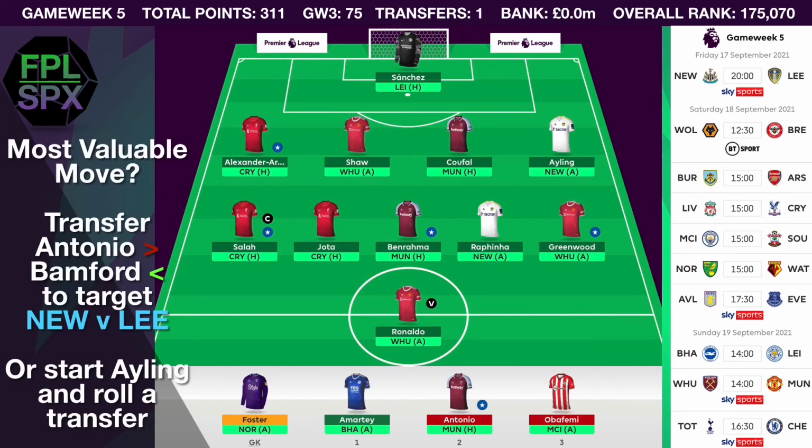Plus then if I do hold on to Antonio, it's the same thinking. He has 2 decent fixtures coming up straight after this game week. So for me, my 2 options are balancing up between, do I keep Antonio and hold a transfer, play this starting 11 that I have on screen now, which leaves me with 2 free transfers to make in the coming game weeks, or do I go for broke and try to score as many points as I can in this